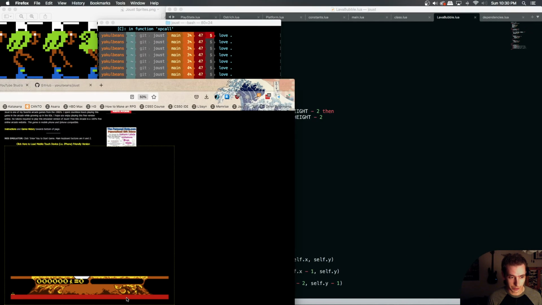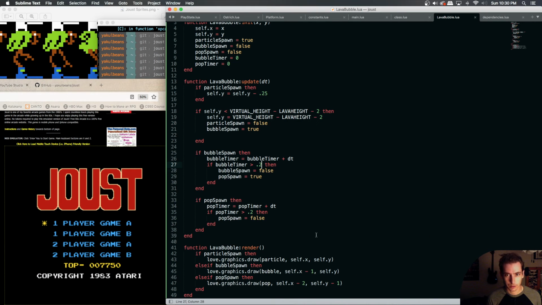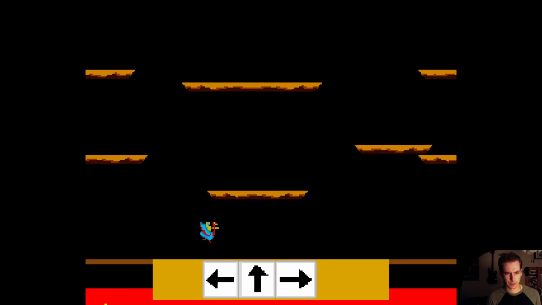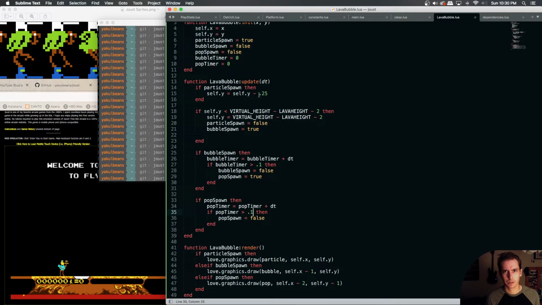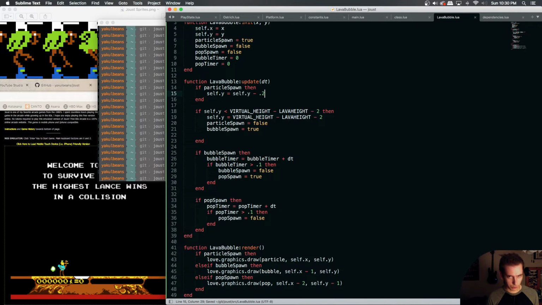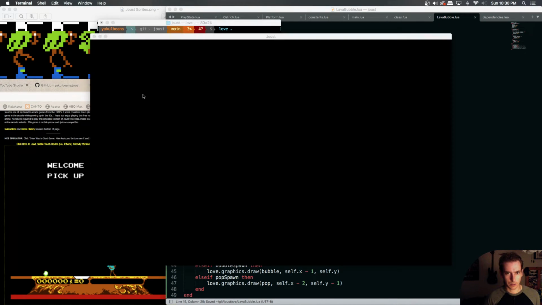Yeah, it goes pretty fast actually. So let's just do 0.1. And it needs to go a little slower on the rise. That's too slow. Yeah, let's do 0.2. And then